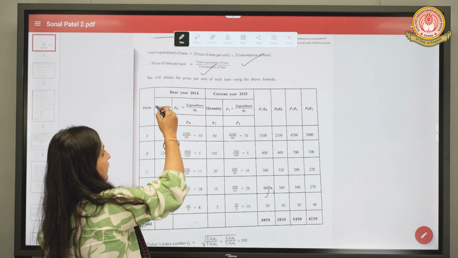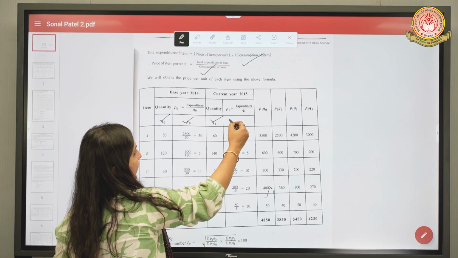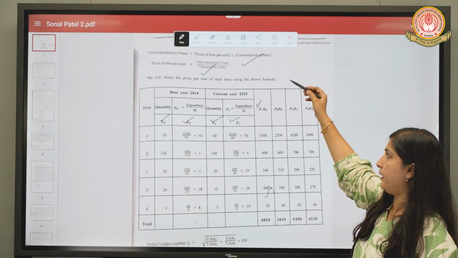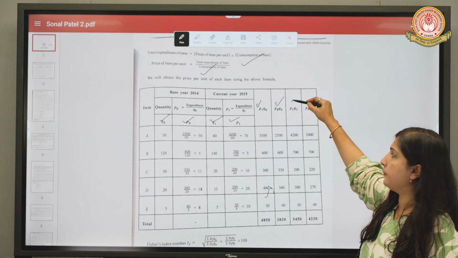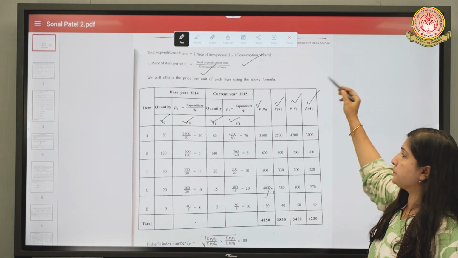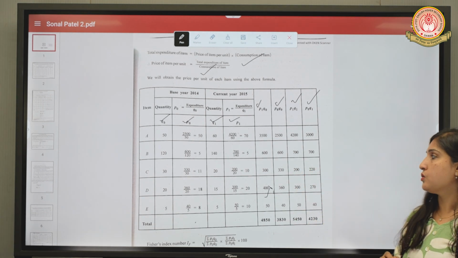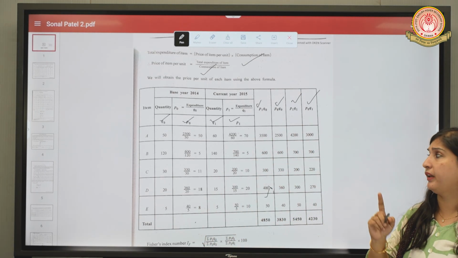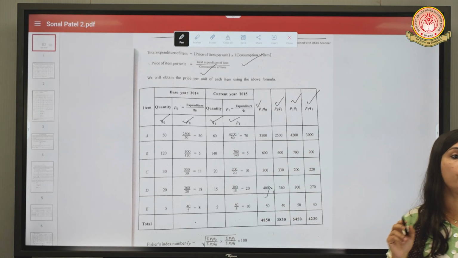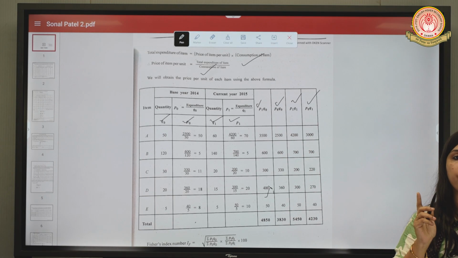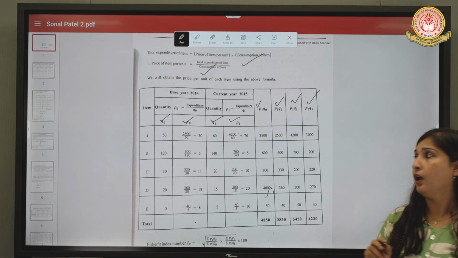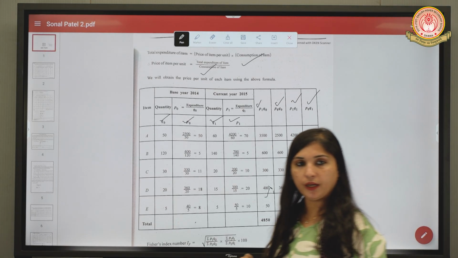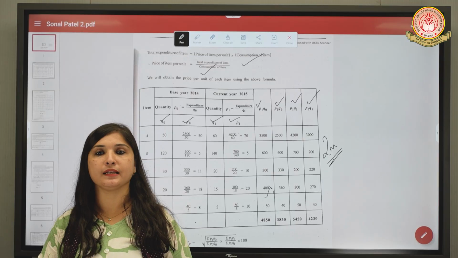Now all the 4 columns are available, Q0, P0, Q1 and P1, and we made all the 4 columns that we needed, that is P1 Q0, P0 Q0, then P1 Q1 and P0 Q1. So once you made all the 4 columns, it is very easy for you. But while doing the calculation, you have to make very clear that while multiplying, you don't mismultiply, okay? Because every time you do the multiplication, you have to be very careful, because this table carries 2 marks, okay?